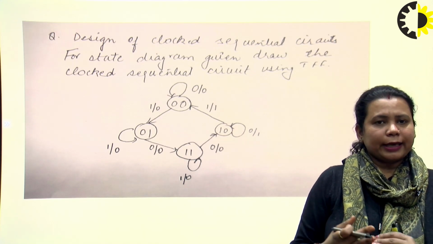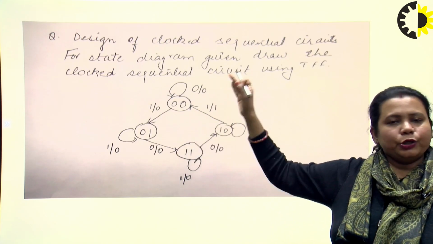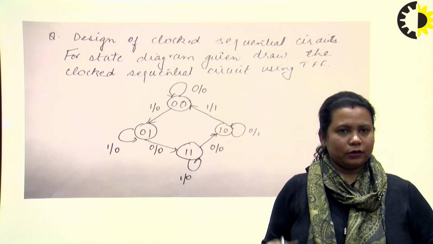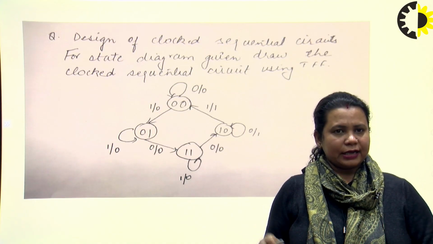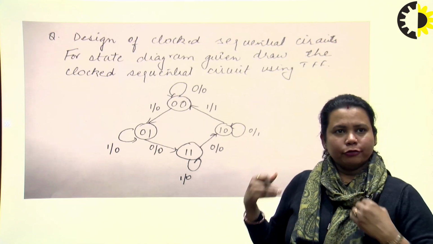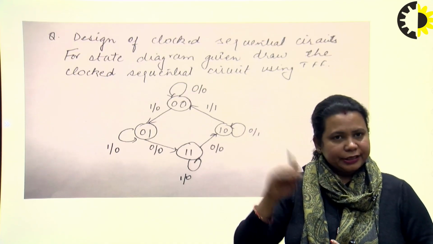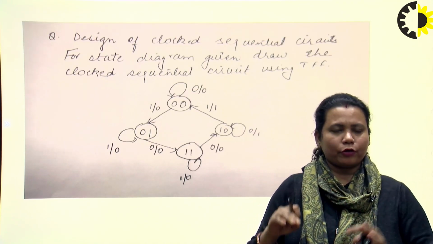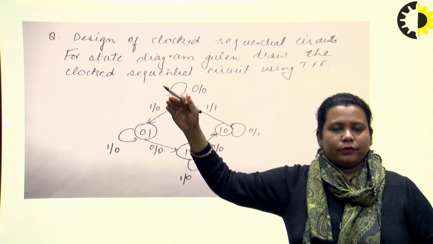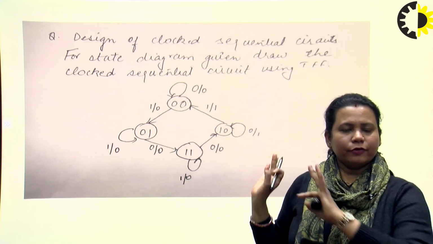So the question can come like this: a state diagram is given and you have to design the circuit. It may come like any circuit is given and then you have to design it, that is, realize it using flip-flops. It may come that some state table is given and then you have to design the circuit. And the fourth is basically that some conditions are given in theory form, that means first if your input is 0 0, it goes to 0 1, and then to 1 0, then to 1 1. It may come like this, and then you have to finally design the circuit.